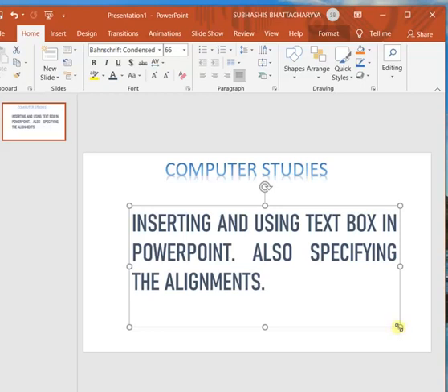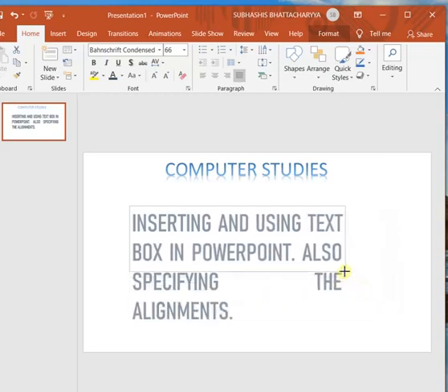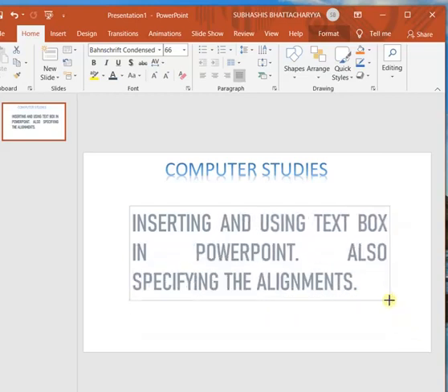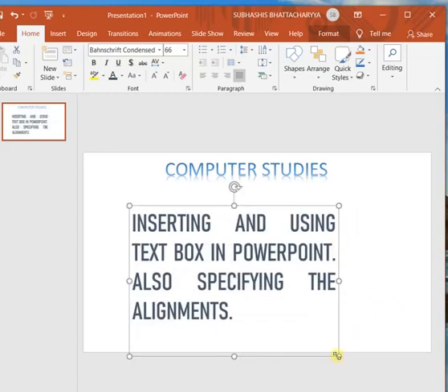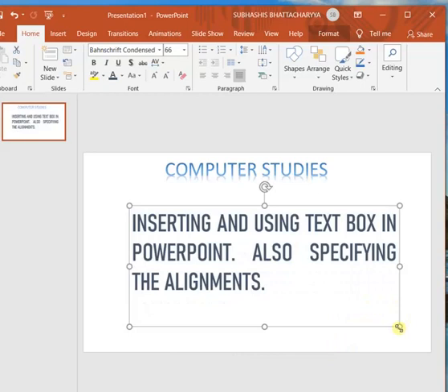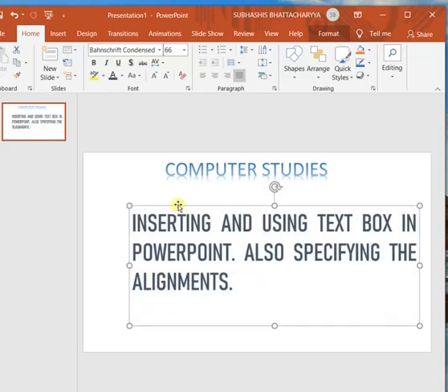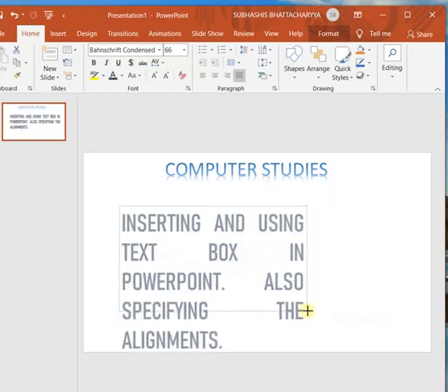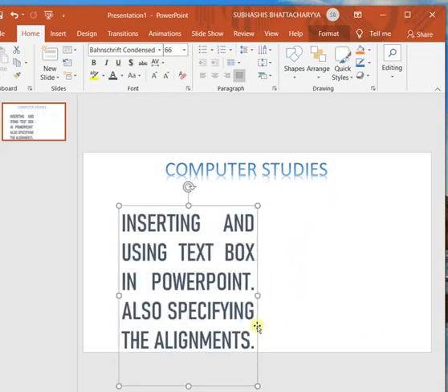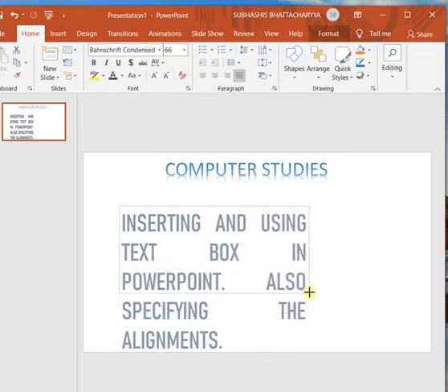By holding the corner of the text box with the help of the mouse, click on it, it becomes a plus sign like this, then drag and adjust the size you want. See, I am adjusting it in any way I want.